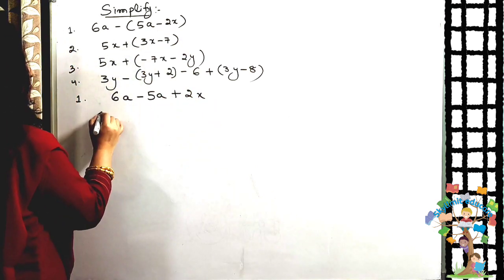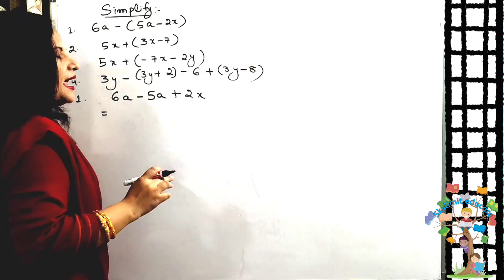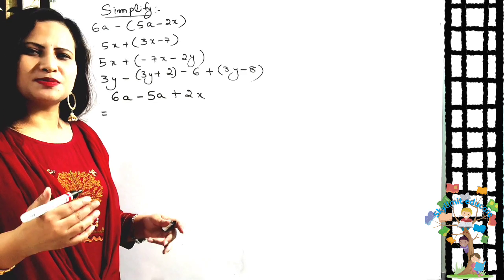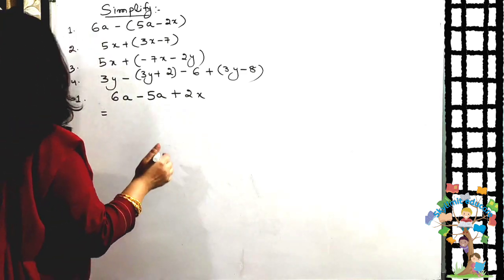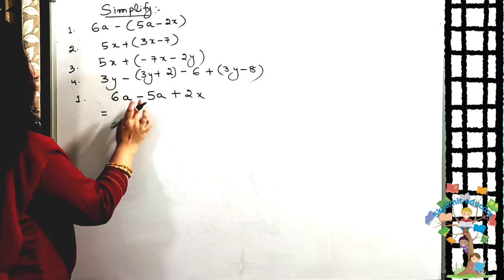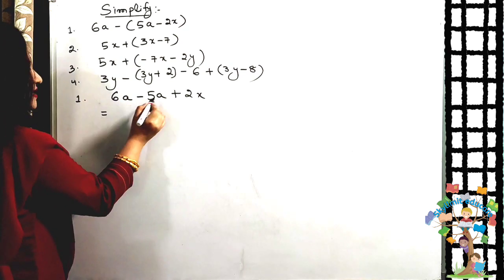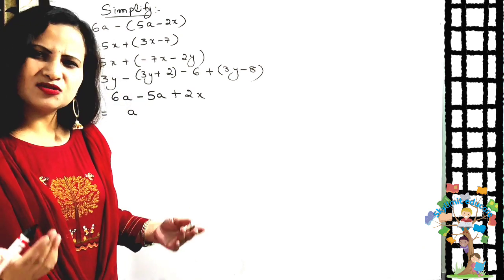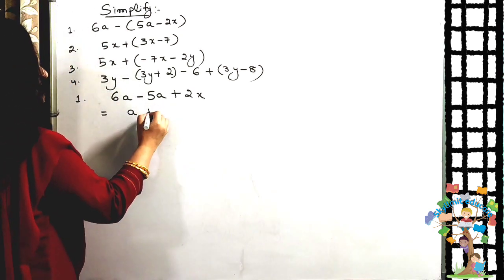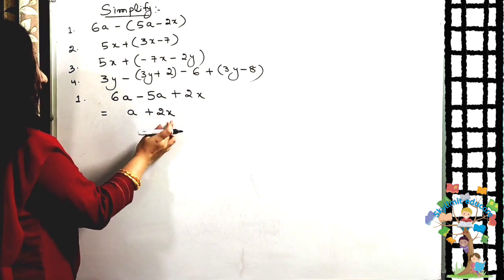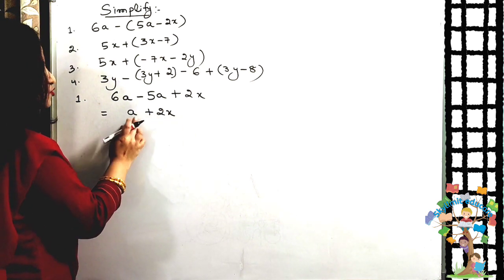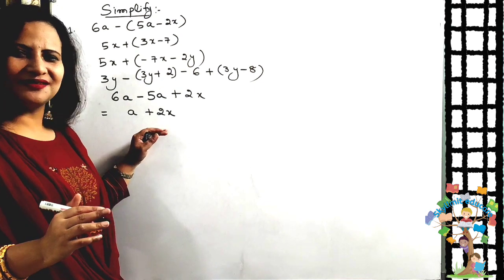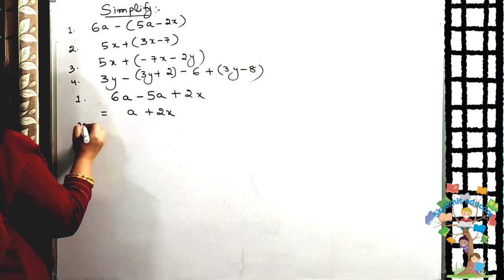That's simple. Now these two are like terms. We add and subtract only like terms, but multiplication and division is possible for unlike terms also. Yes or no? So now 6a minus 5a. 6 minus 5 will give me 1. And the literal coefficient is a. I have no need to write 1a; simply a also means it is 1a only. Plus 2x. Can we add these two? No, we cannot add these two because the literal coefficients are different. They are unlike terms. So this will be your answer. Right?